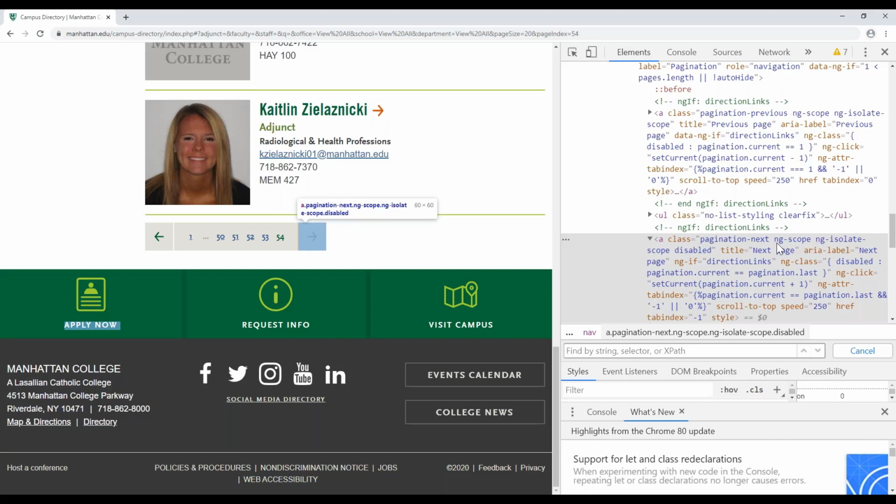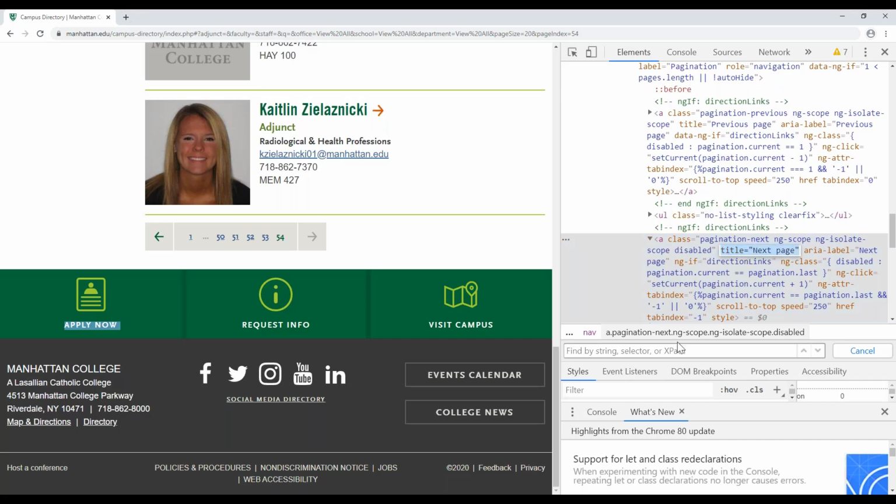And then not all of this makes sense, but I do see this word disabled, which helps me know that it's not enabled. So if I make sure that I select this and say only click on this if it does not say disabled, it's going to stop when I tell it to. So we're going to still write this next page, but we're also going to write if this contains disabled,